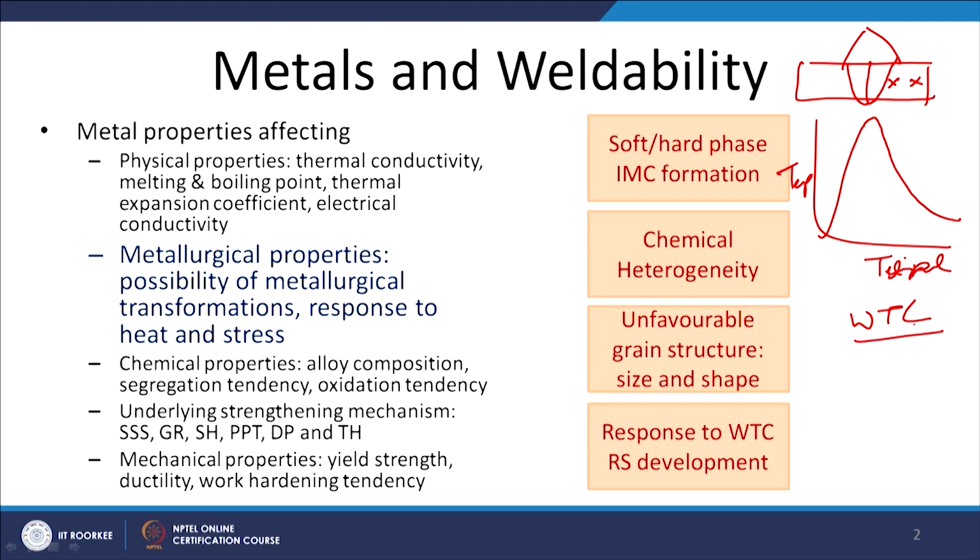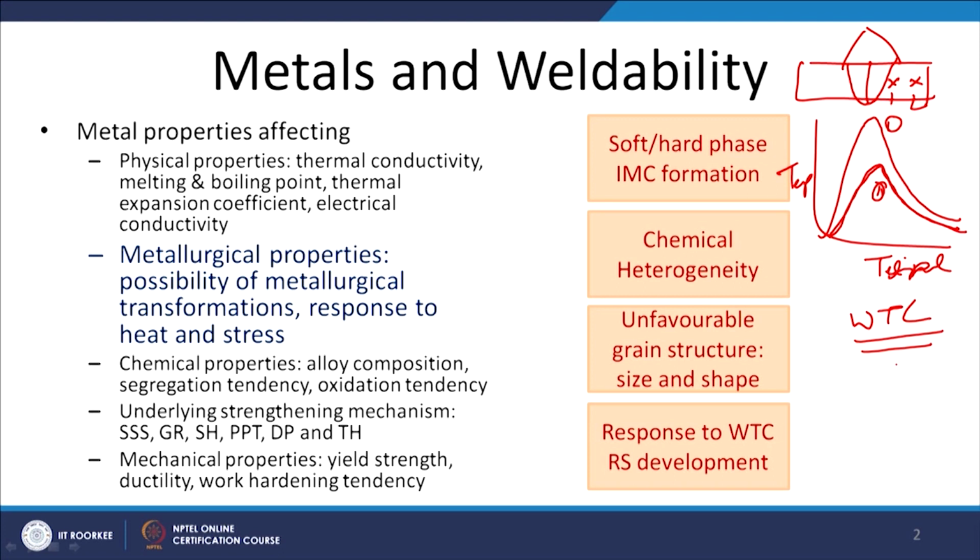So, this is the kind of variation in temperature which is observed, and this cycle will be different for different points, like say for point 1 and point 2. This is one weld thermal cycle; for point 2, which is away from the fusion boundary, it will be like this. Greater is the distance away from the fusion boundary, lower will be the peak temperature, lower will be the rate of rise in temperature, and the rate at which temperature decreases will also be lower. So, this is what is called the weld thermal cycle.